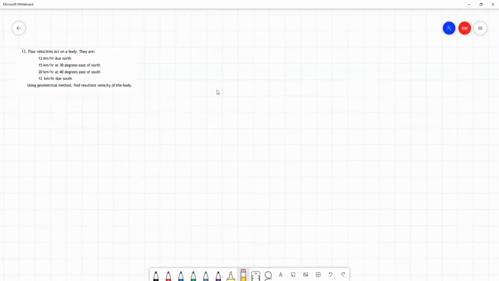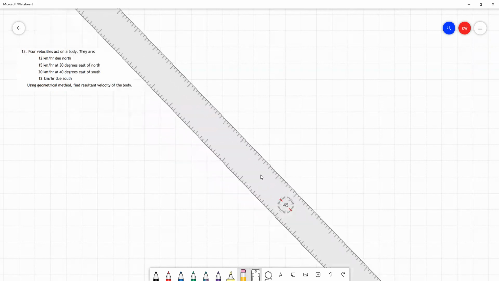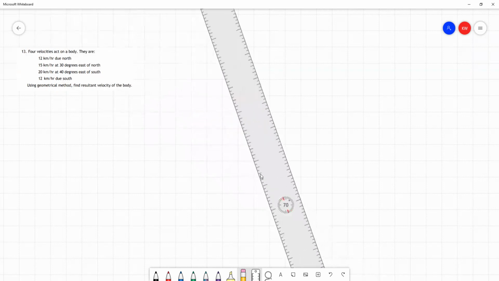This is question 13 from the LO1 tutorial sheet for engineering dynamics. This is an example of a question where we need to use the graphical method, or as this question calls it, the geometrical method, to find the resultant vector acting on a body which has 4 different vectors acting on it. Now, in order to do this sort of problem, we can just jump straight in to solving the question